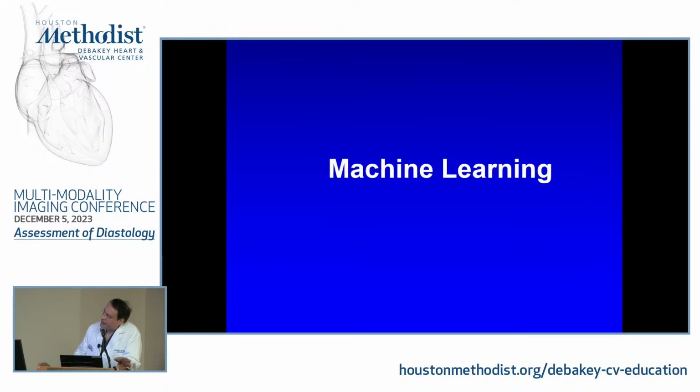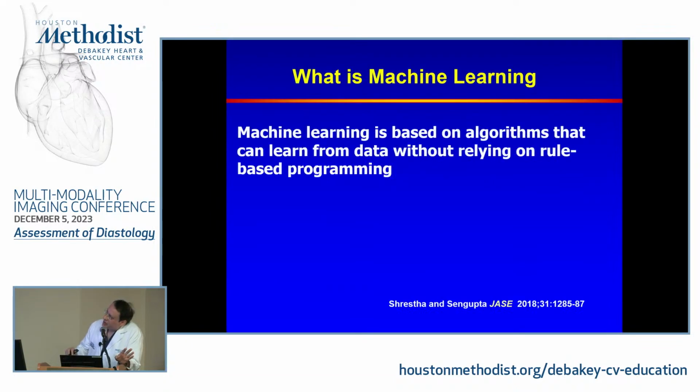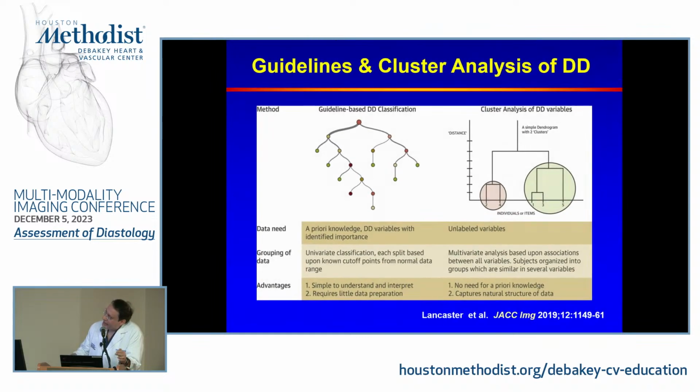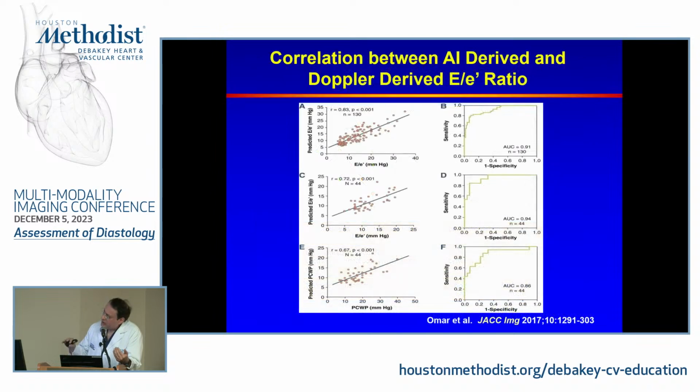We'll skip over these. Quickly, machine learning is a tool that has been applied to the study of diastolic function, and it's based on algorithms that can learn from data without relying on rule-based programming. Unlike the hierarchy that I described to you in grading diastolic function, this one collects the data, then groups the patients based on findings that they share together. There is no specific order in which it will place these patients,